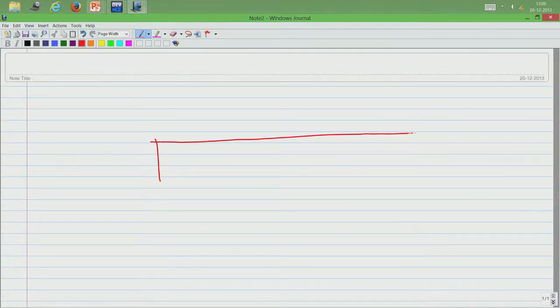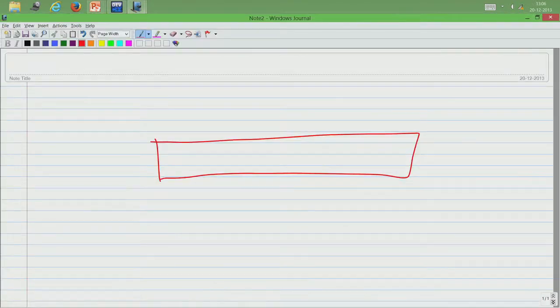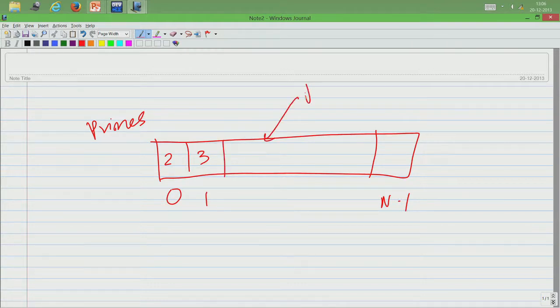We are going to maintain an array, and this array is going to be called primes. It is going to have values for locations from 0 to N minus 1. Location 0 is going to contain 2, location 1 is going to contain 3, and prime index is a variable that I am going to use to index into the array called primes.